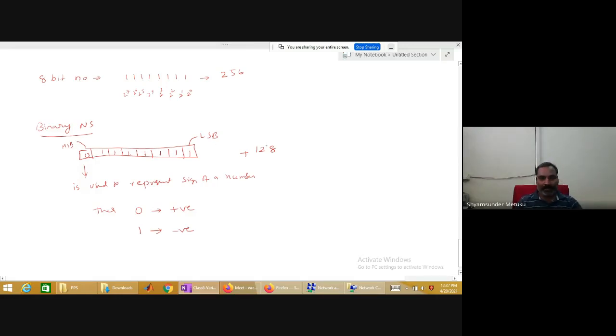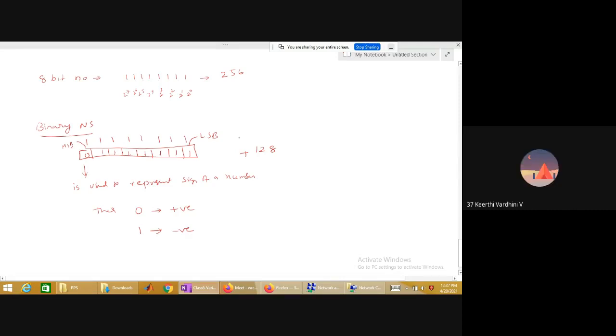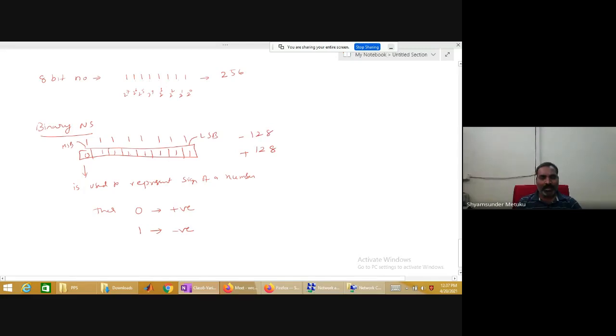If I write 1 here, it will be minus 128. Very good. So whenever the MSB position is used to represent the sign of a number, we call this representation sign magnitude representation. Is it clear?